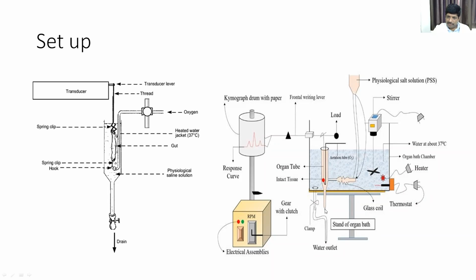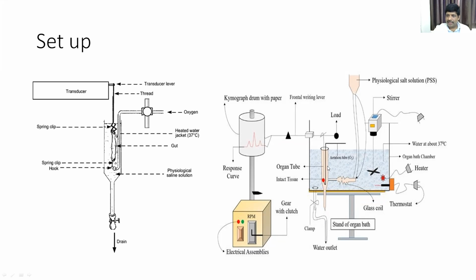And there is one attachment from here, the one pipe is there. When you need to clean, you just open it and then it will be cleaned off. So you attach this, put everything ready. Oxygen supply will be from here, so that the tissue gets the oxygen also. And then initially this rubber tube is closed.